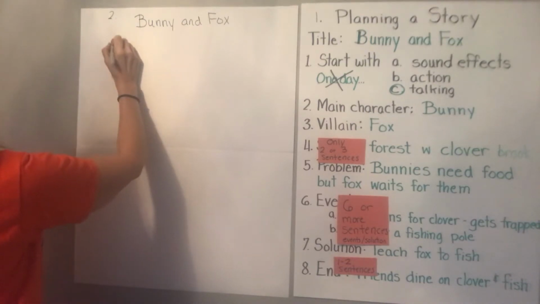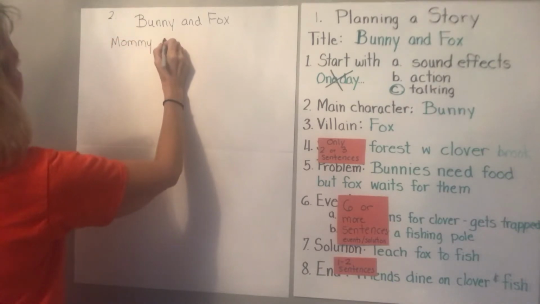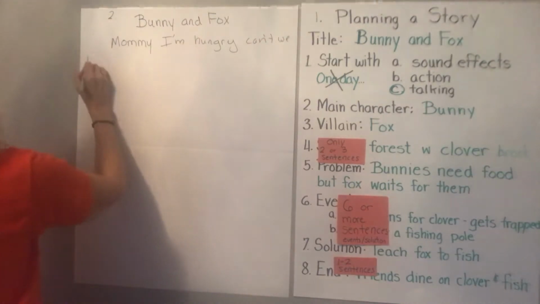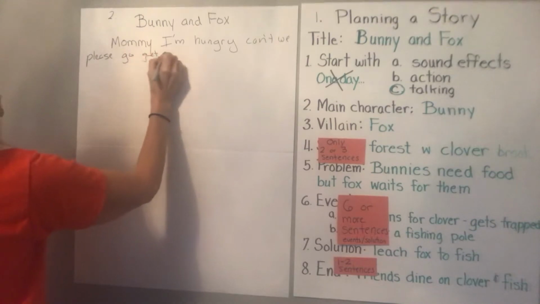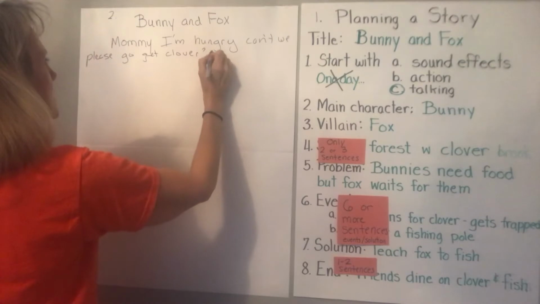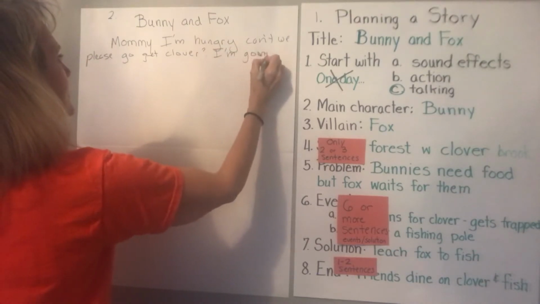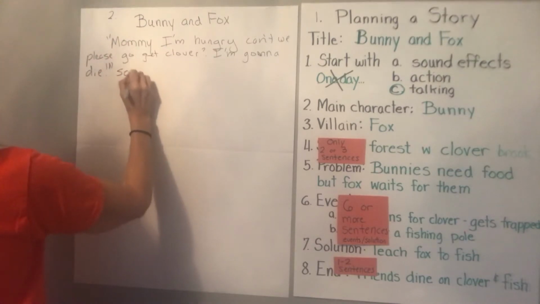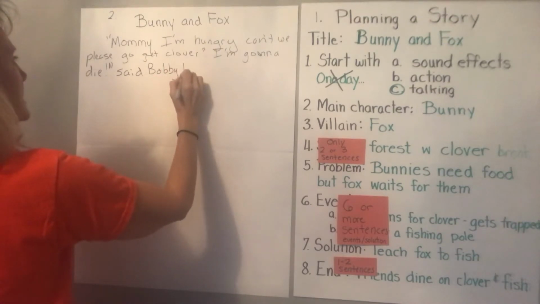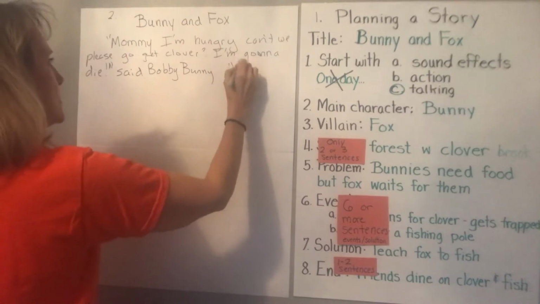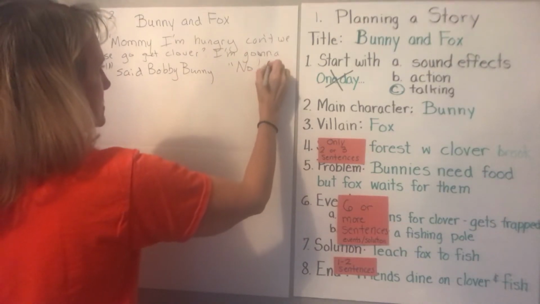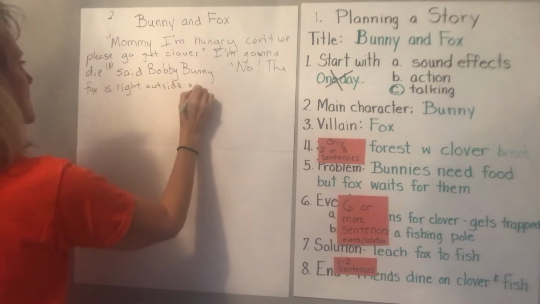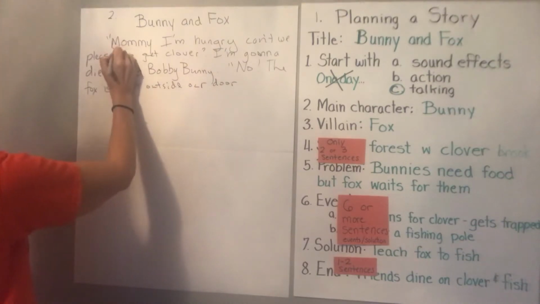He's very hungry. So, "Mommy, I'm hungry. Can't we please go get clover? I'm gonna die," said Bobby Bunny. "No. The fox is right outside our door." Oh, I should be skipping spaces, but I'm not going to have space to skip spaces